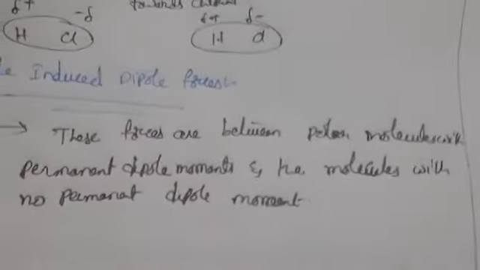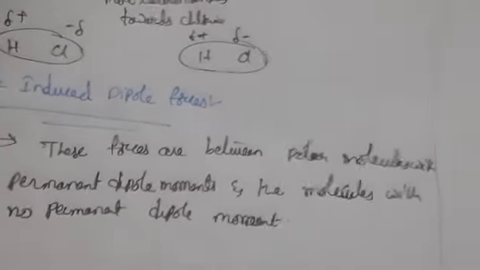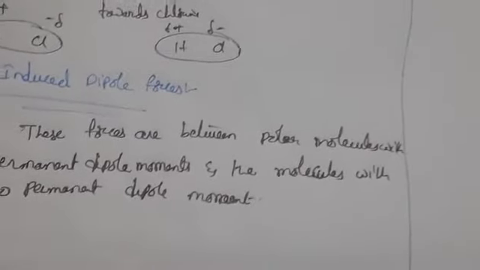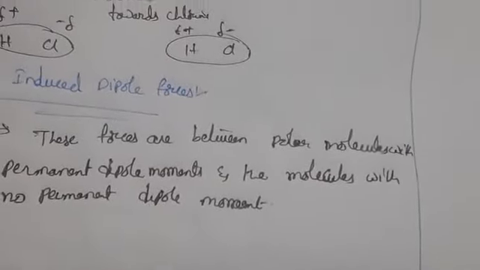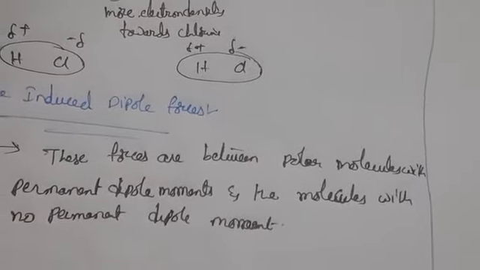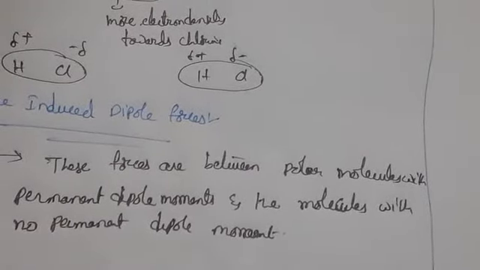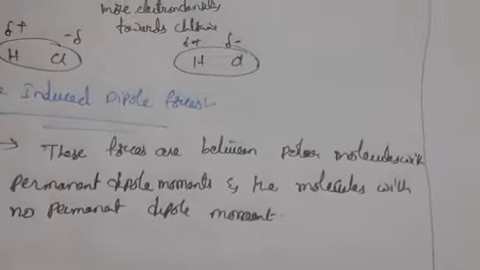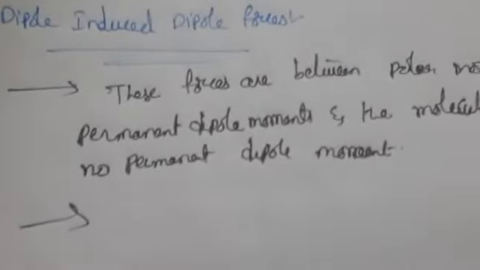So the permanent dipole moment of the polar molecule is nothing but a dipole on the electrically neutral molecule, and it is giving electrical charge. We are taking a polar molecule and a non-polar molecule. This polar molecule will induce a dipole moment in the non-polar one. So that is what we are discussing here. So what can we say here?